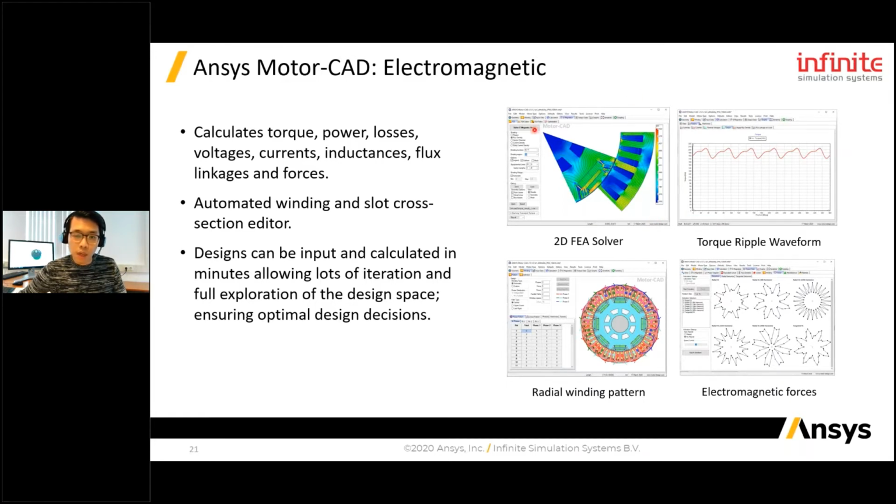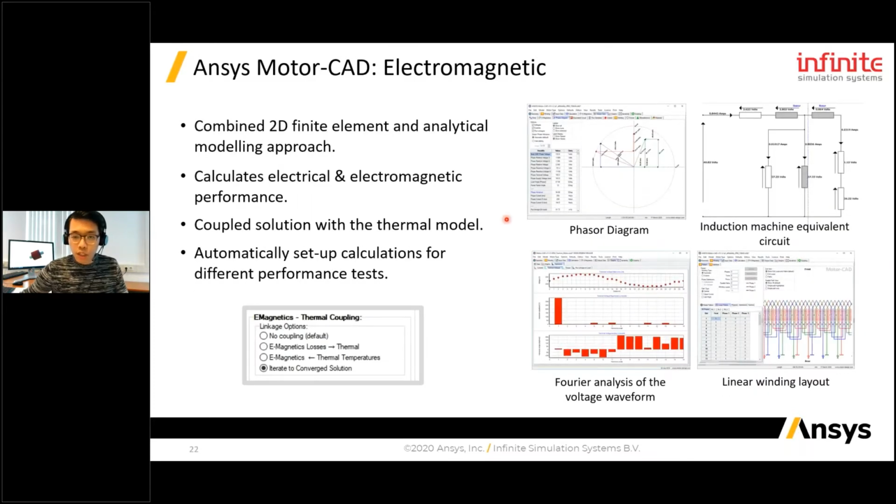But the benefit is that you don't have to combine with 3D FEA analysis to get the full machine operating performance, because Motor CAD also combines analytical solutions together to take into account the edge effect at the two ends, or the entire 3D performance. So that's why you can get a full machine performance very quickly. So it's not just a 2D solver. And also you can see the phasor diagram, equivalent circuits, you can play with your winding layout